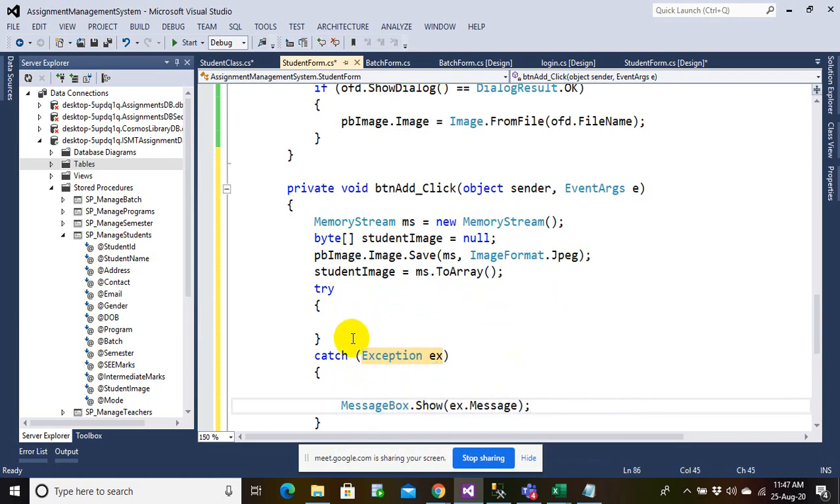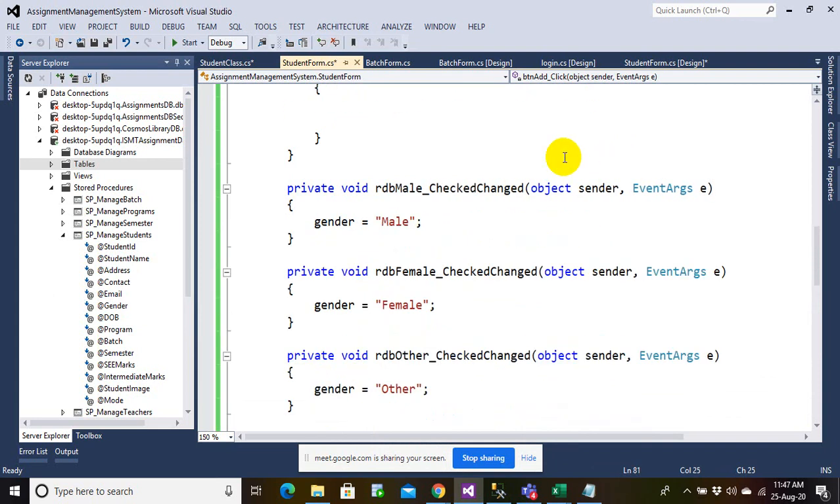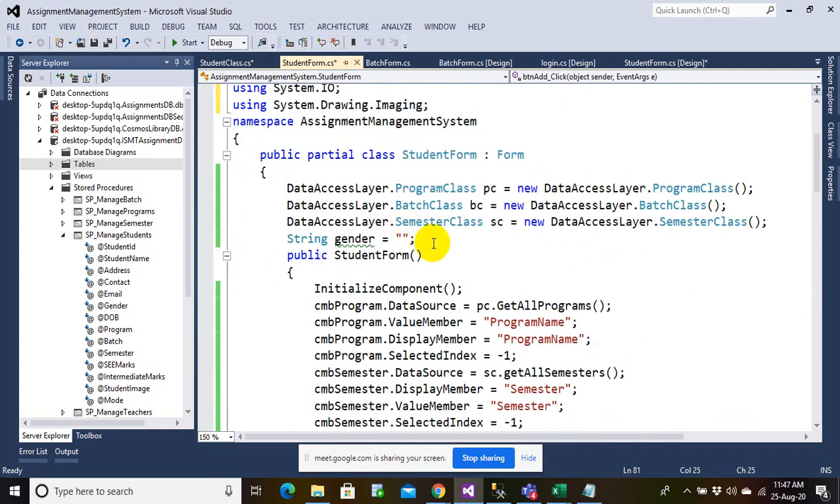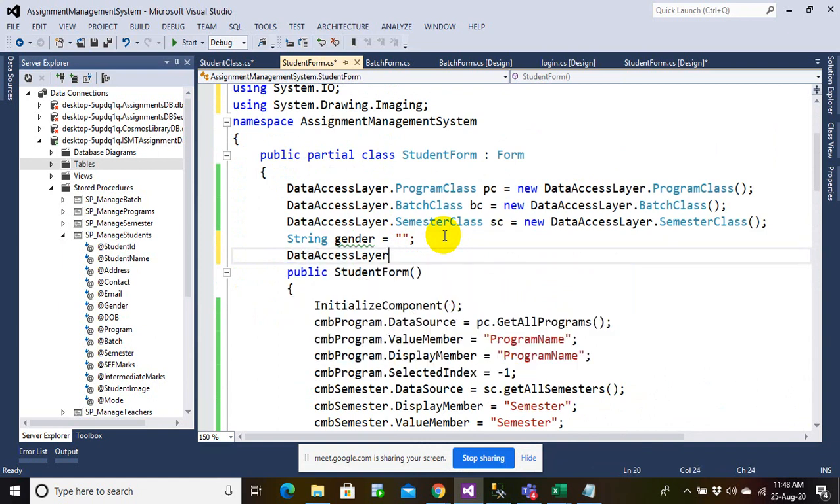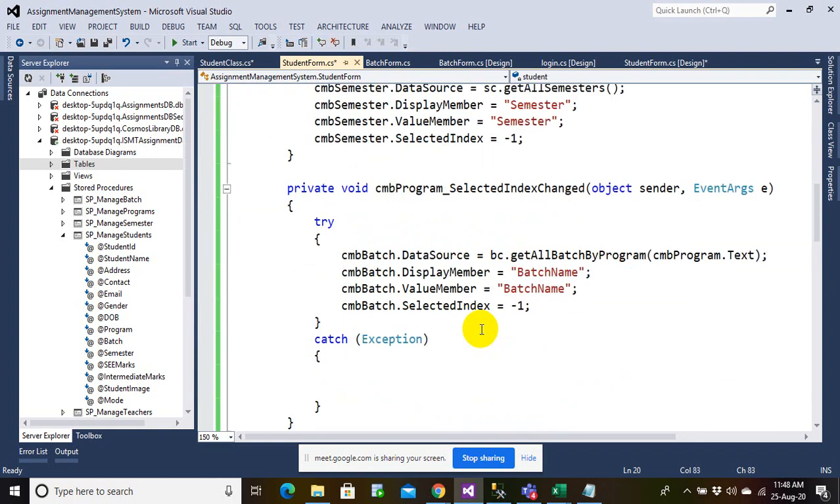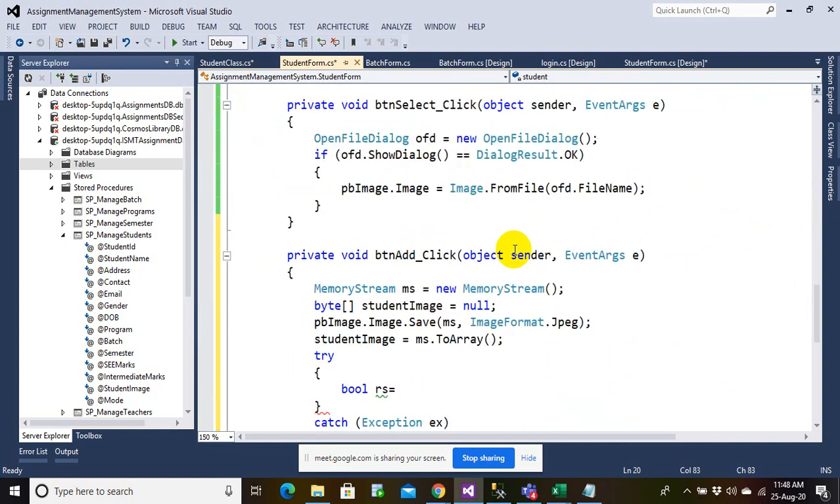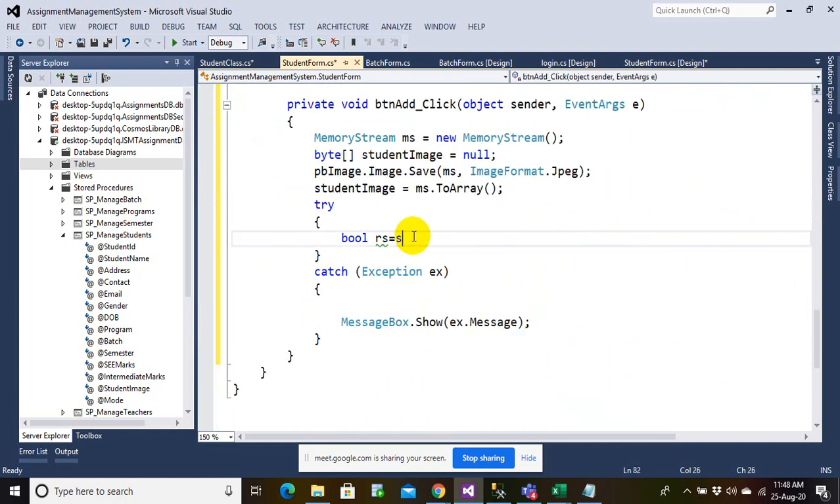And now let's write down the function called student class here. Let me call the function here, data access layer dot student class. Like a student equals new data access layer dot student class. Now the object is the student. Let me again call it by student dot